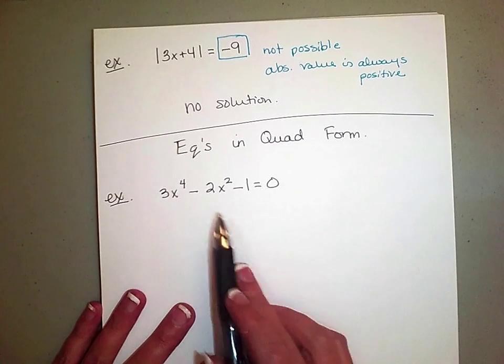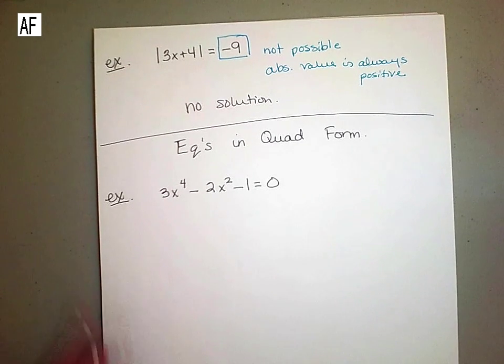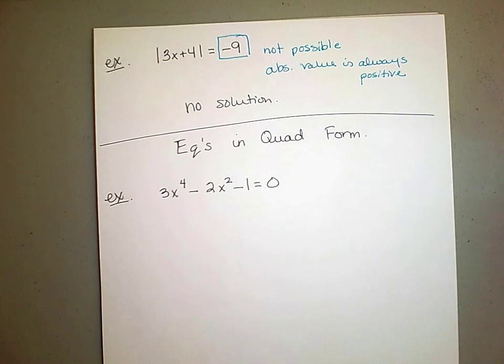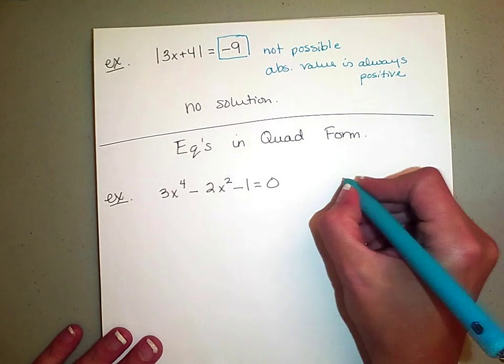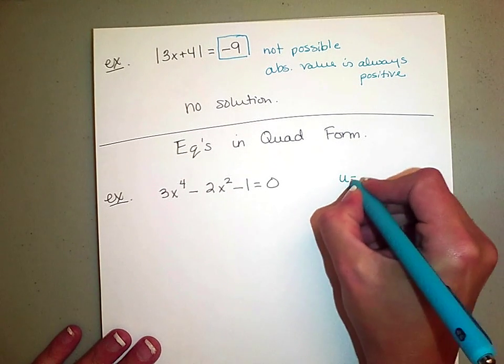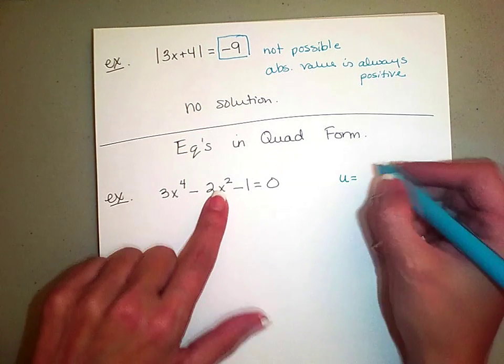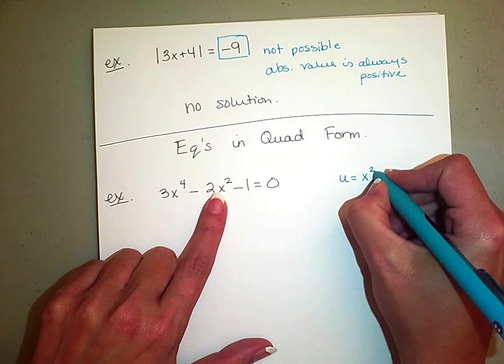Now this is a 4th degree equation, so it is not quadratic. However, it is quadratic in form, because I could think about this. If I pick a new variable, let's call it u, if I let u equal x squared,